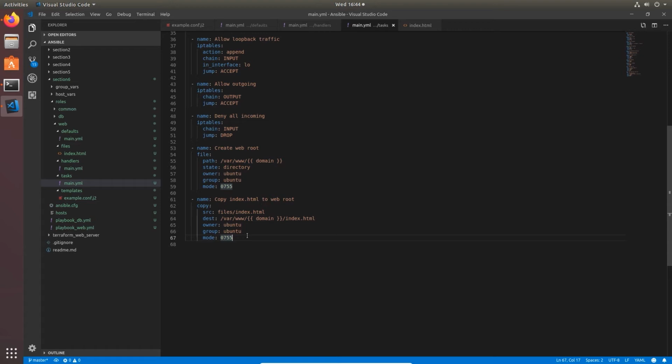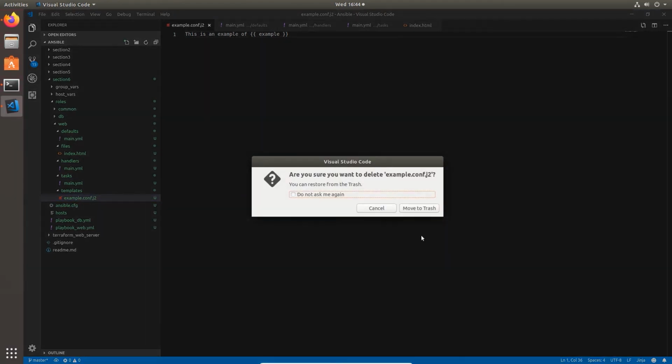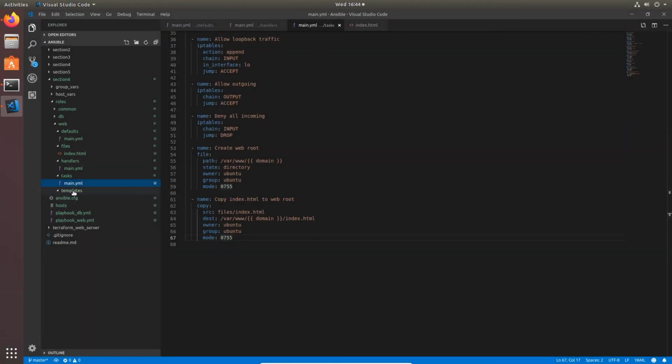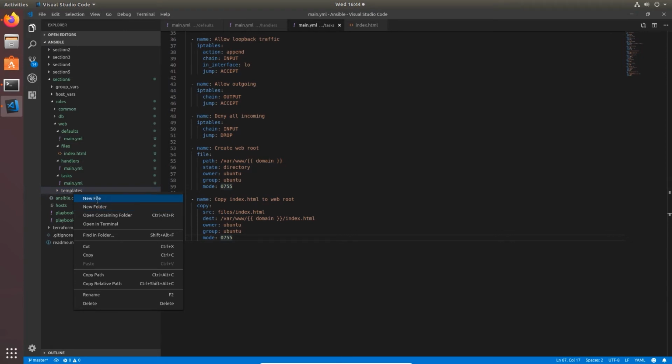And of course, from earlier sections, Apache is already installed and the firewall already configured, both on the VM if you're using Terraform and also in iptables. So the next step now is to create the server-specific config required to make Ansible go and look for that web page. To that end, let's delete our example template here. And now let's create a new template called